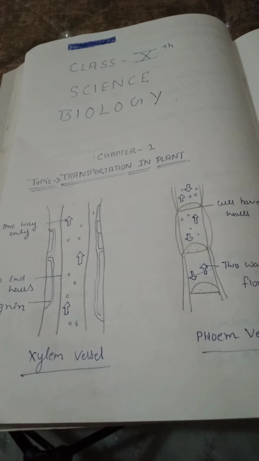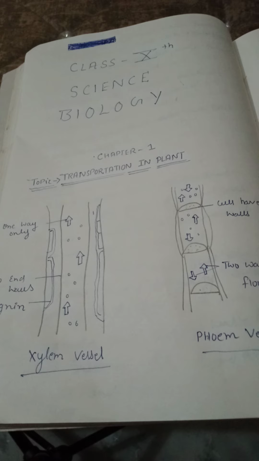The plant transport system moves energy stored from the leaves and raw material from the roots. Means these two pathways are constructed as independently organized conducting tubes. Means there are mainly two tubes which transport food and material in a plant from one part to another, and these are called xylem and phloem. We also call them vascular bundle.